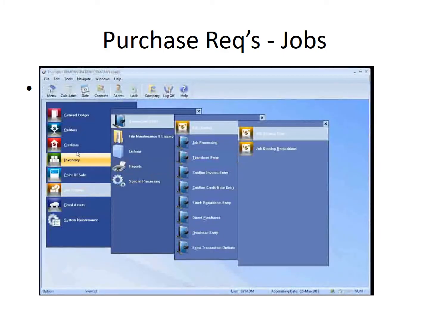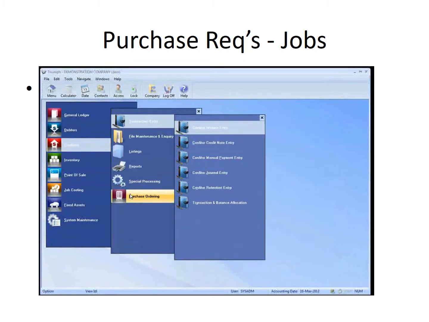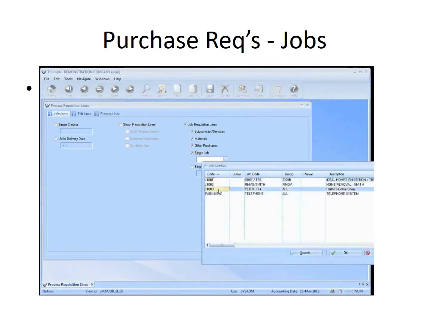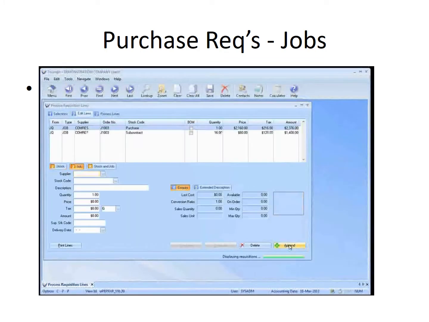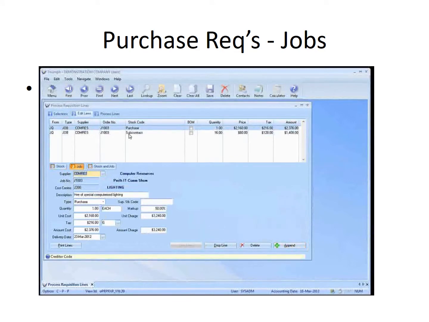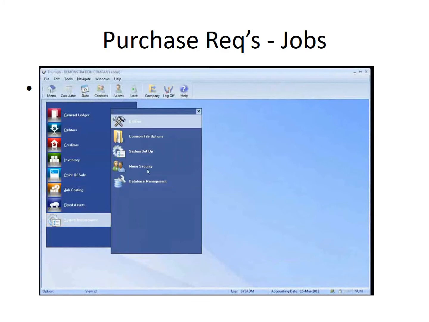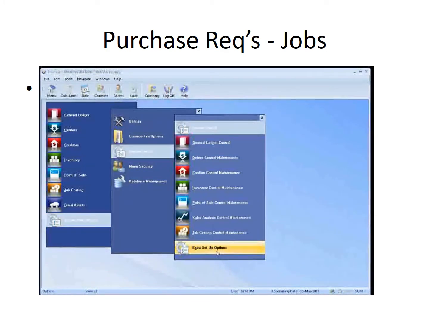If I look at my purchase requisitions and just do it for job lines, I'll ping a single job. What this will do is give me the lines based on my job purchase that I need to order, and it will do the same process, taking it out into job purchasing and allowing me to create all my purchase orders. What is slightly different in here is under the system maintenance setup for purchase ordering,